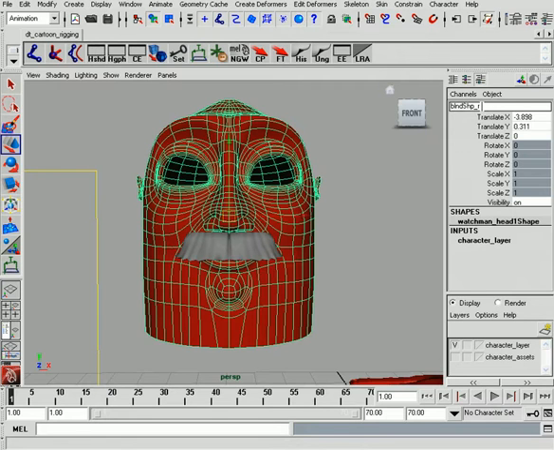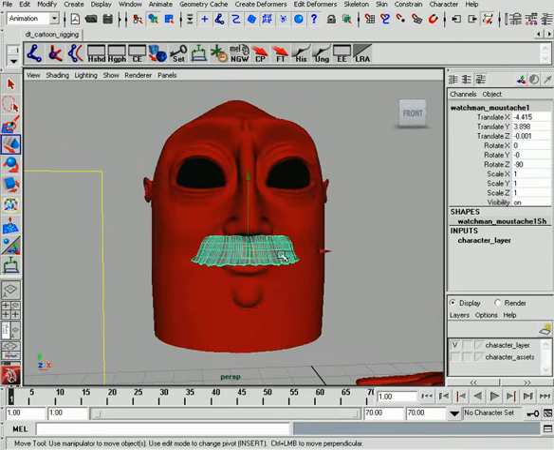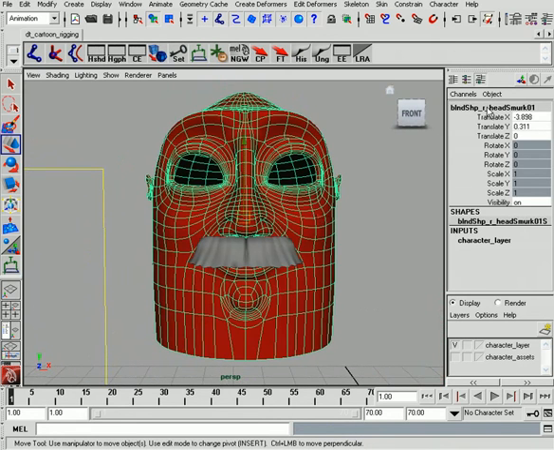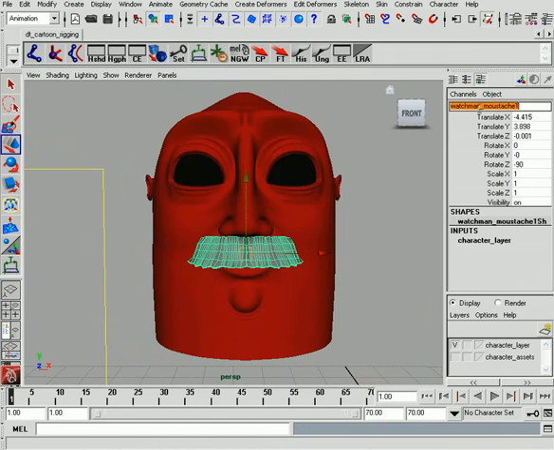Then we type in R underscore, what the object is, that's the head, and what it's going to do, it's our smirk 01. Now that we have our name in place, we can go ahead and paste that name on the mustache